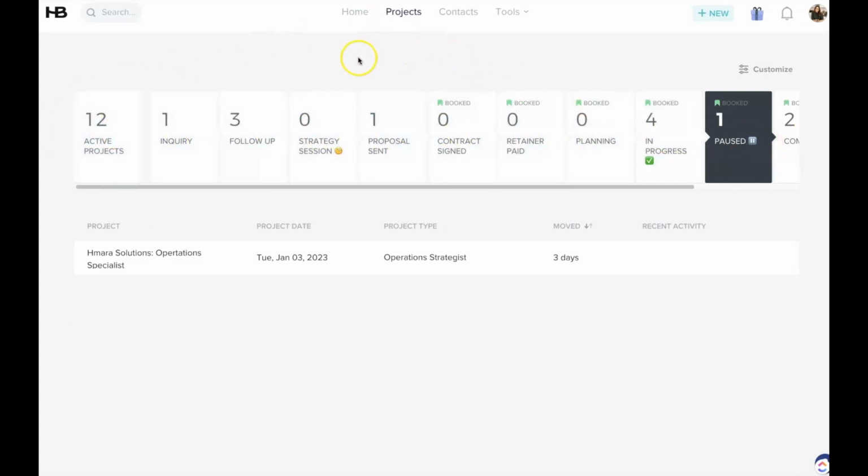Now, the purpose of your pipeline is for you to see at a glance where leads are in the process of converting into your client. So right now I have 12 active projects. You can see I have 1 in inquiry, I have 3 in follow-up, 0 in strategy session, 1 proposal sent,